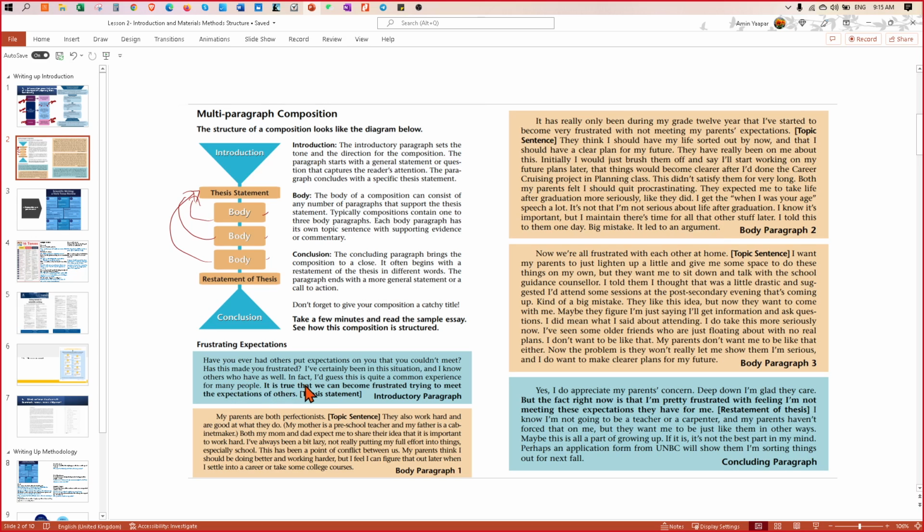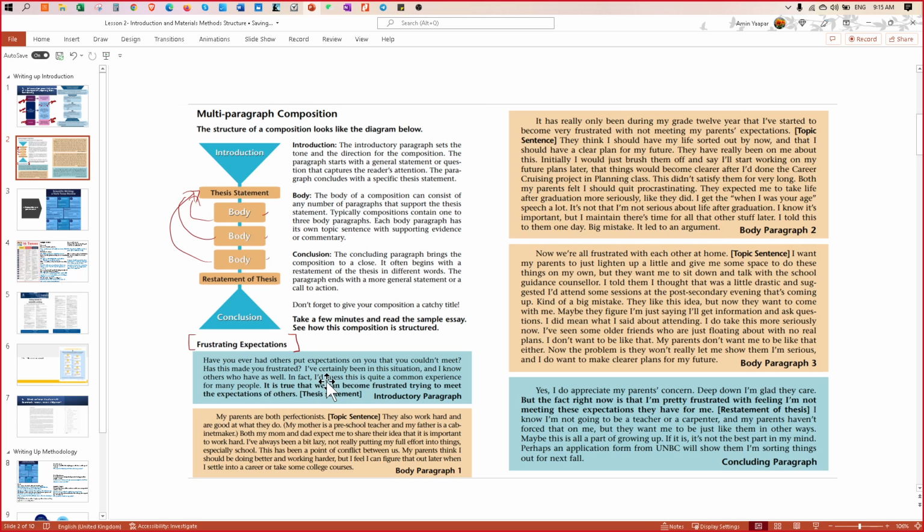So what is the thesis statement for this example? It says here, is it true that we can become frustrated trying to meet the expectations of others? So that is the thesis statement. And I believe this is the title.